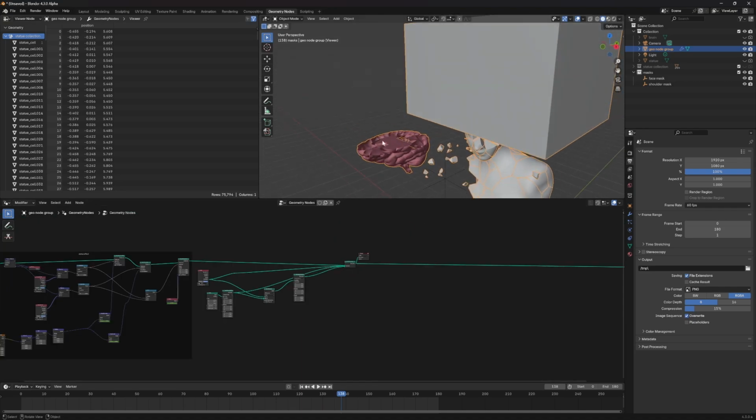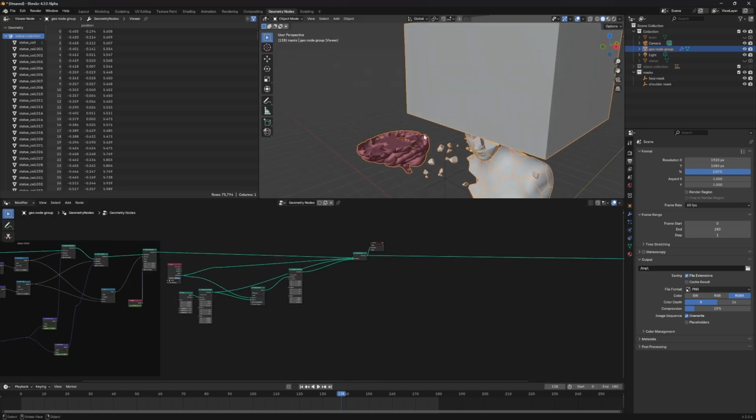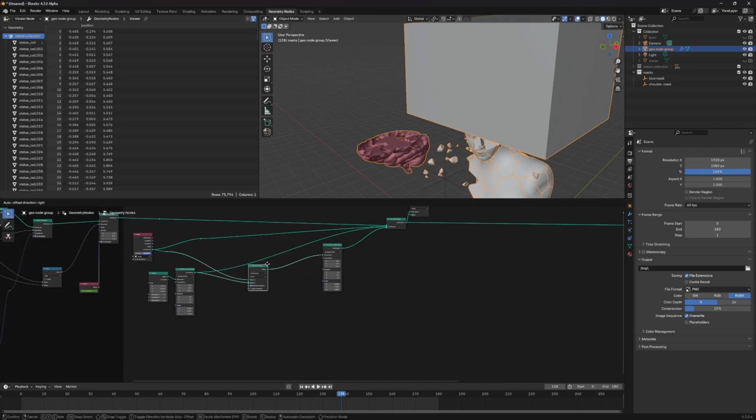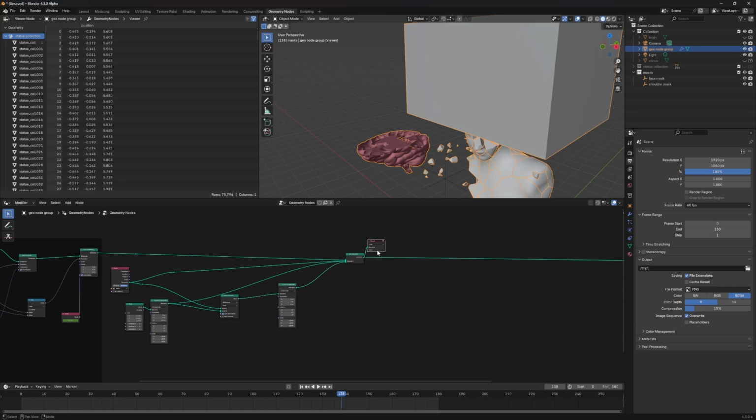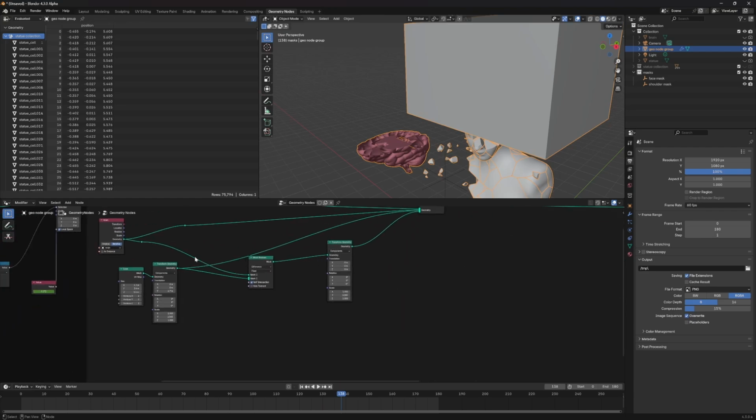Now that we have the Boolean made for the brain, we need to make a way to gather just the surface of what's being selected. So we have this here. And then now what we're gonna do is make another reroute down here to do a little trick. So we're gonna reroute and add this geometry and do a mesh to volume. And then we're gonna do a volume to mesh. And then we're gonna also have another